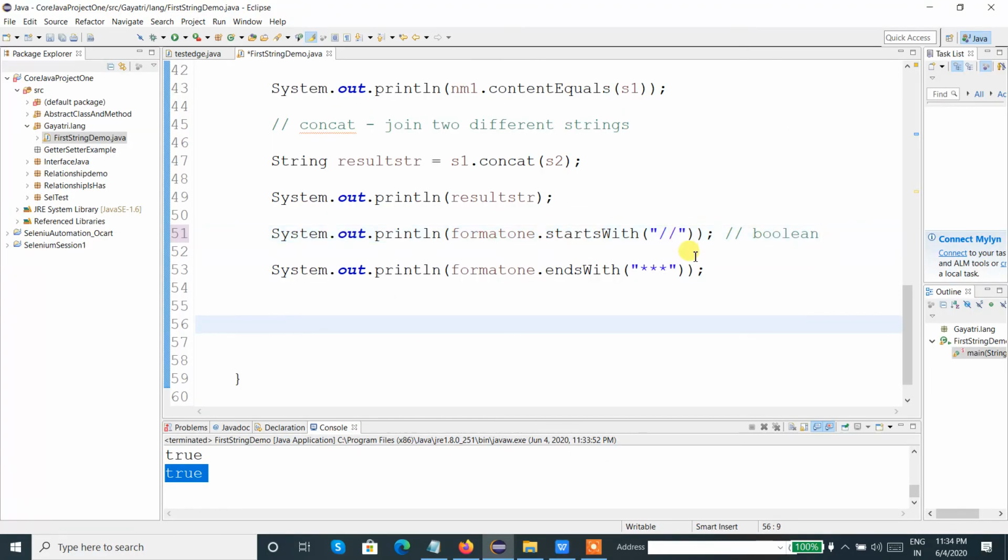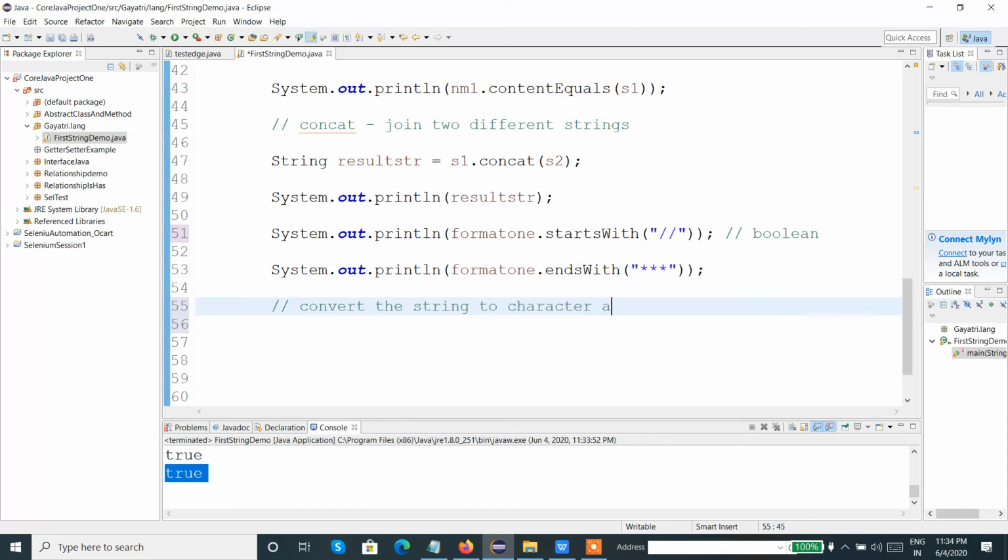And here one more method we will try, that is toCharArray. If I want to convert the string to a character array, how can I convert it, and what will be the return type?